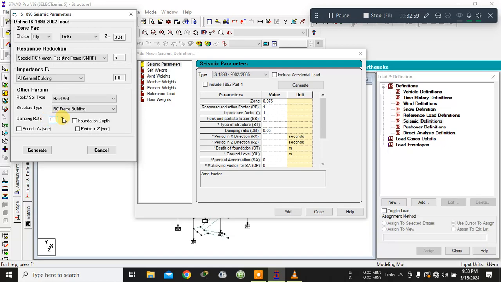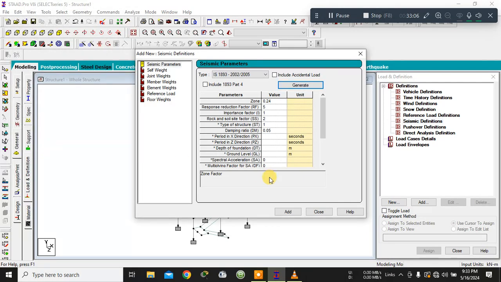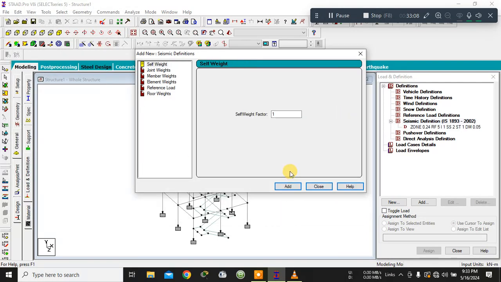0.05 will be the damping ratio. Hard soil, let me design for the medium soil. Generate, add. Okay, add it. After that,